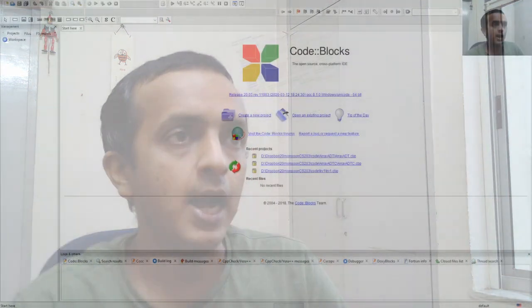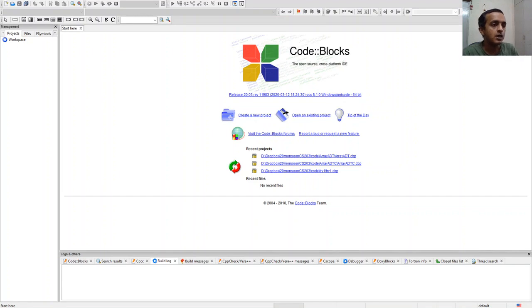Out of those options, we are going to choose a particular IDE, Code::Blocks. This is an integrated development environment. Code::Blocks is going to give us the compiler, the debugger, and the editor for the code all under one hood. Code::Blocks is not the only available IDE for C++.